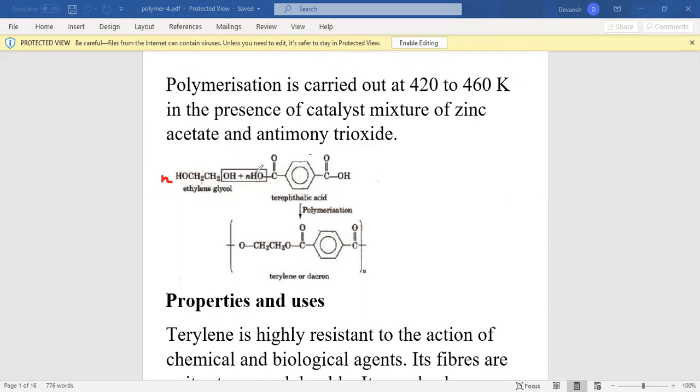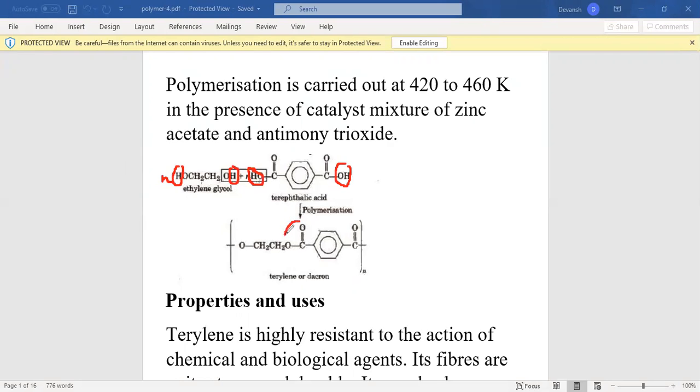Now you see, from here, this is a condensation polymer. From here, the OH group will go, and from here, the H will go. Now they will form water, and rest of the thing will join. Again here, H will go away with another molecule to form water. Here OH will go away. Now we will see what will be the repeating unit. Now this is O, the H will go from this side. This is CH2, CH2, OCO.